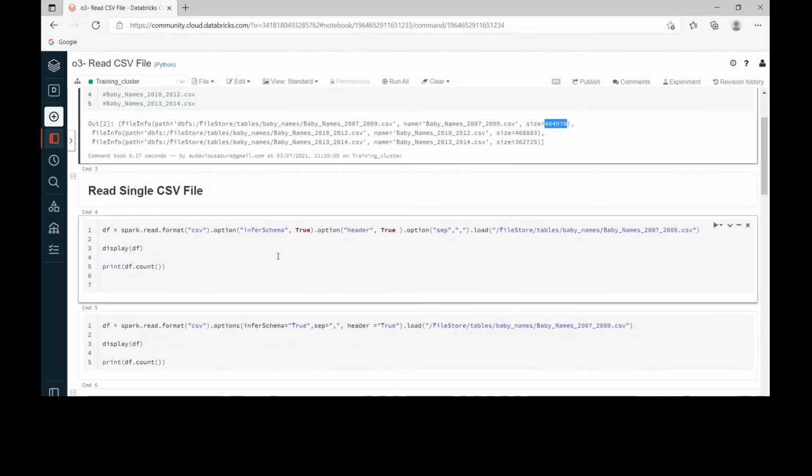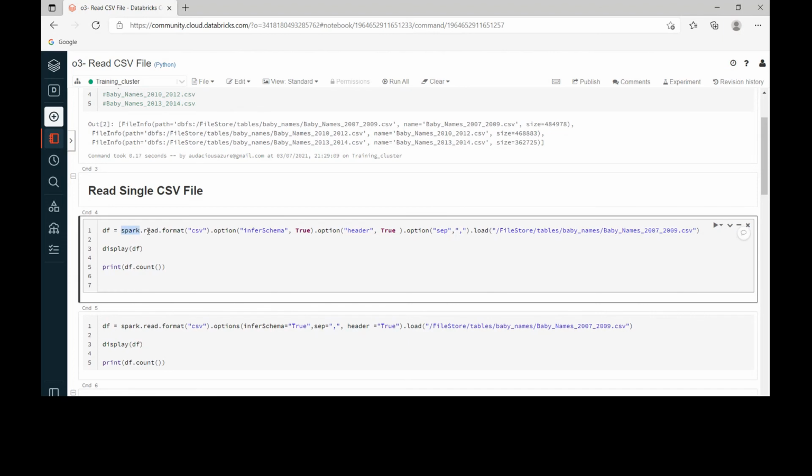Let us see how to read the CSV file into a data frame. As I showed in the syntax, we start with spark.read.format, and we have to give csv, and the option inferSchema true, which means it will read the entire file and then infer the schema.